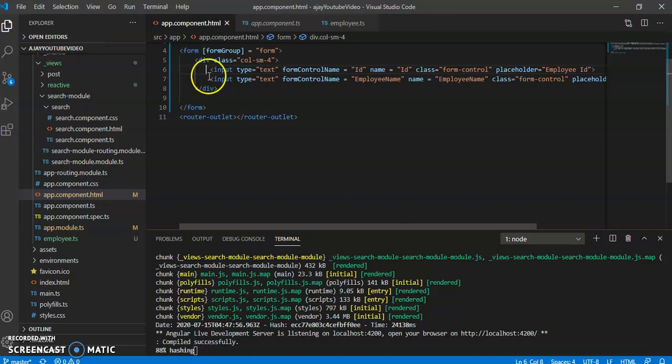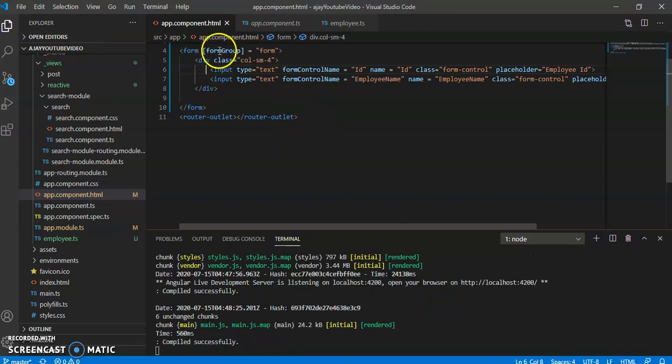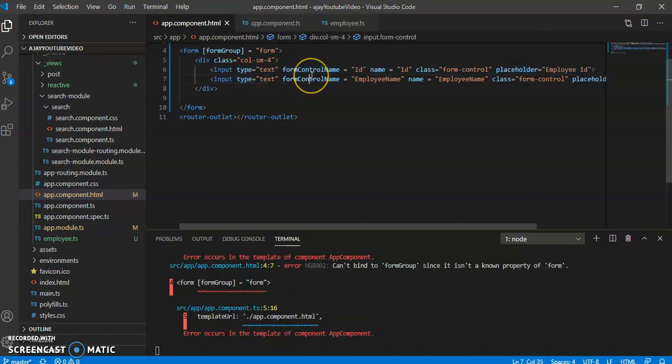Now, what have we done up to now? We have created a form group and we have named it form. In the form, we have taken two inputs, two form controls. One is ID, another one is employee name.